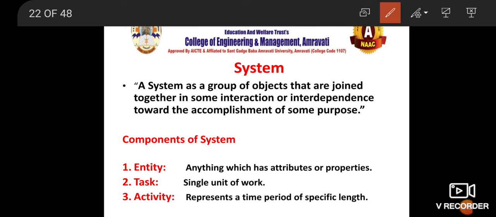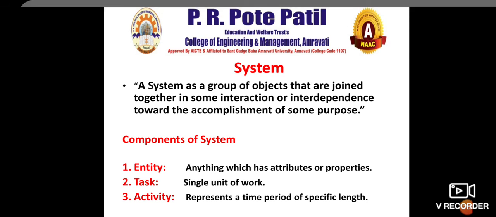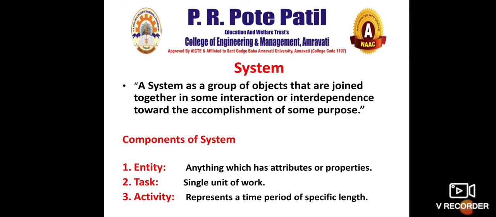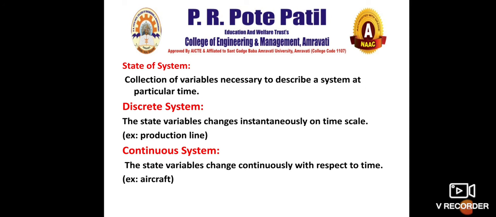Now in each task there can be several activities. So what could be an activity? Suppose you are filling the form. There you have to write your roll number, your name, you have to select the subject codes, your practical, your theory, etc. That could be an activity. So how can you define an activity? Activity represents a time period of a specific length, a time period of a specific length for anything. You are doing something and what is the time required for that specific thing.